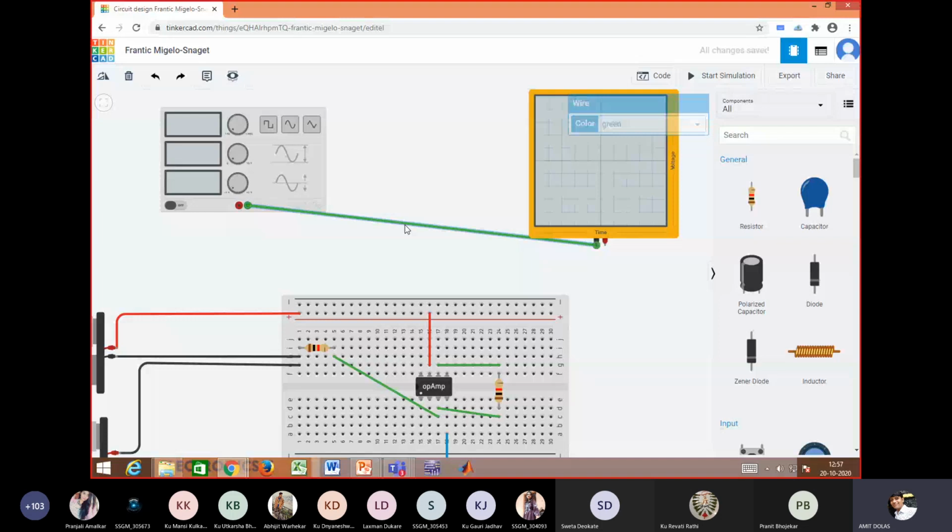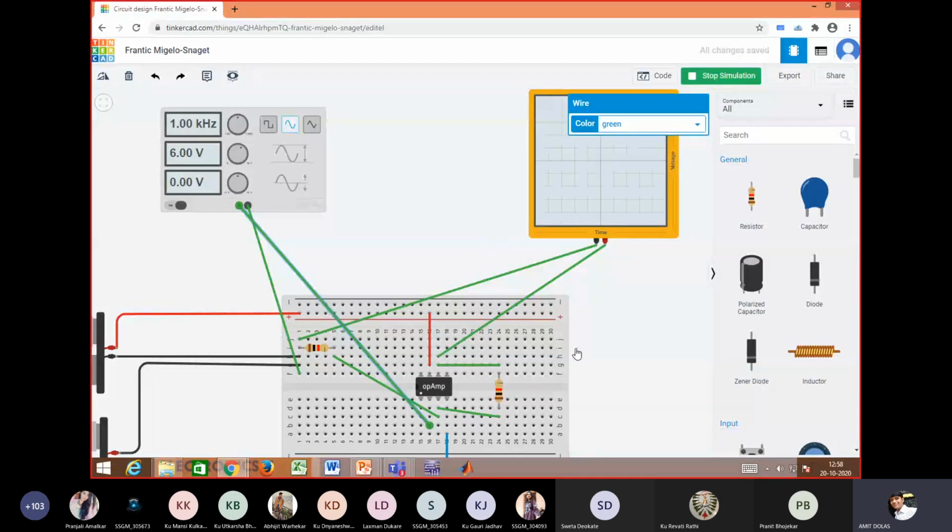Simulation. Start. Positive to output, negative to ground, positive to input, negative to ground.